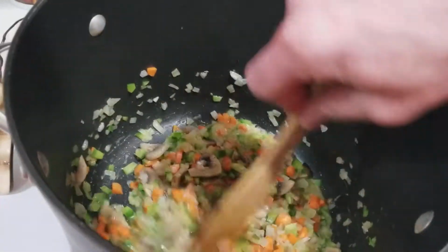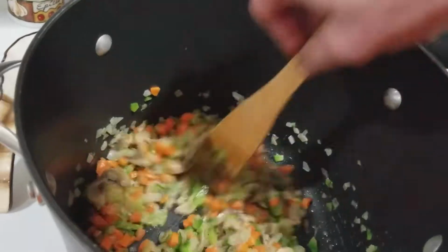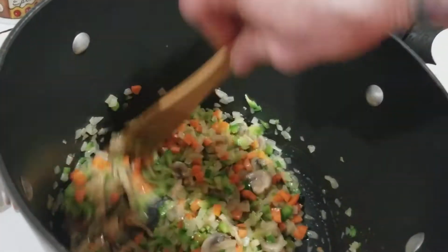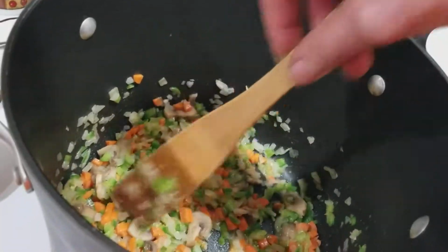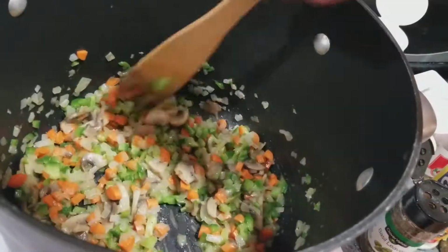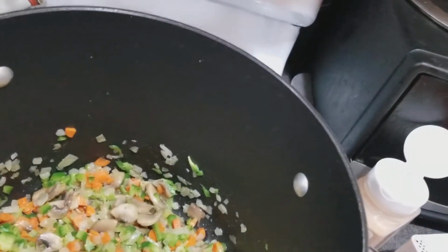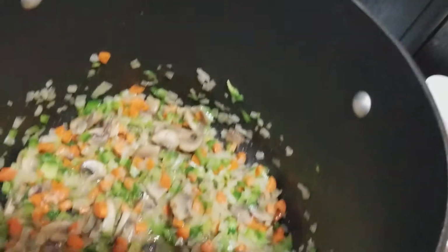Alright, it's been a couple minutes. Don't want to burn anything. Maybe a little bit more. Them carrots are still pretty hard. Everything else is softening up nicely though. I think what I'm going to do now, while I'm waiting for those carrots to soften up,